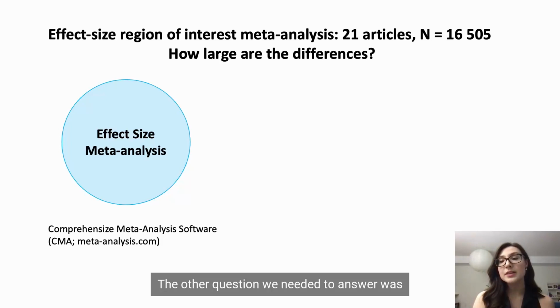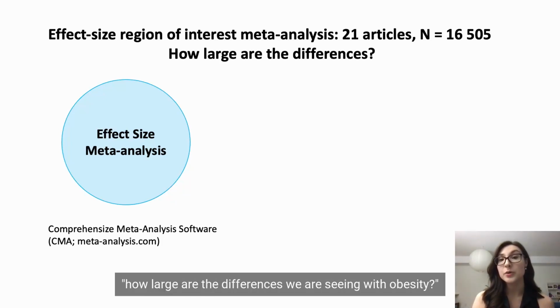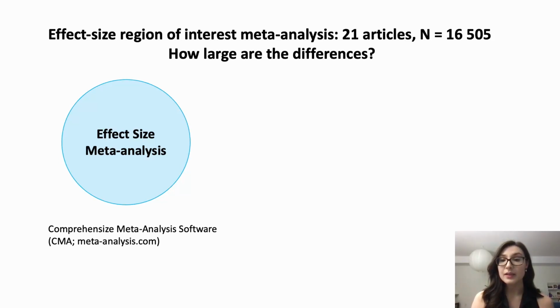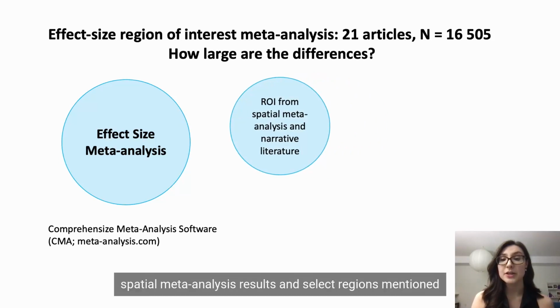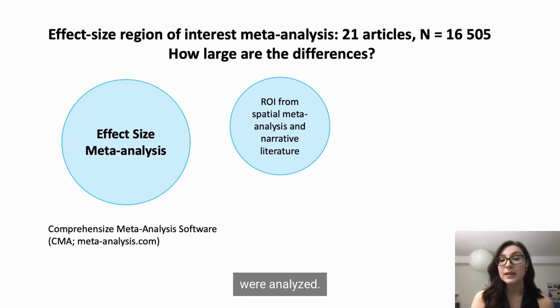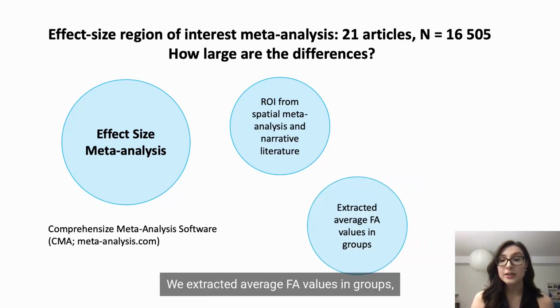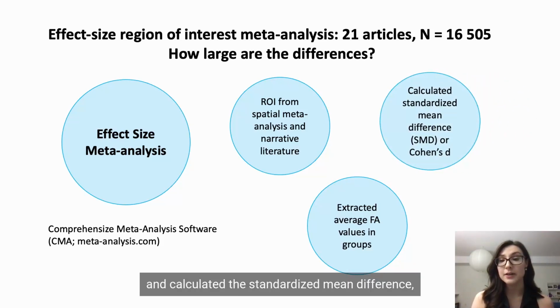The other question we needed to answer was how large are these brain changes, or how large are the differences we are seeing with obesity? We used an effect size region of interest meta-analysis, including 16,505 individuals across 21 studies. Regions of interest observed in the spatial meta-analysis results, and select regions mentioned in narrative reviews that had not previously been quantified, were analyzed. We extracted average FA values in groups and calculated the standardized mean difference, or Cohen's d,